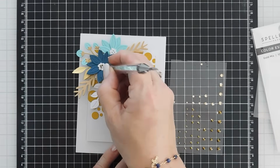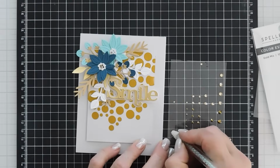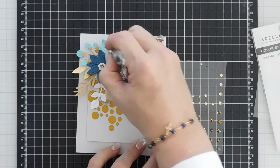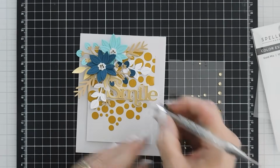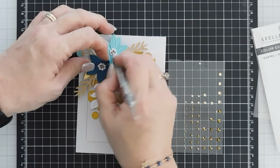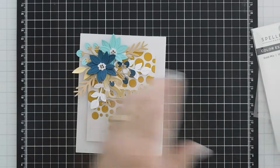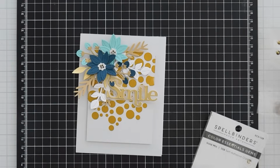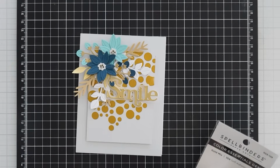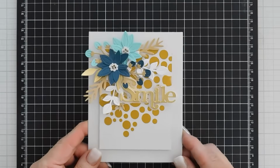We're going to fancy this up a little bit. Adding gems to flower centers fancies it up and makes it, I think, really elegant. Okay, we'll add our last one. That's all I'm going to do is just put 4 gems in each center. And then that's all we're going to do for embellishing. That will finish off that card